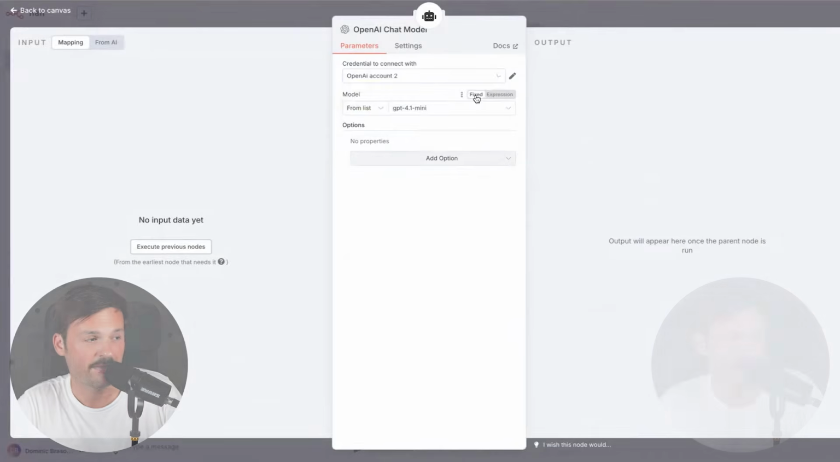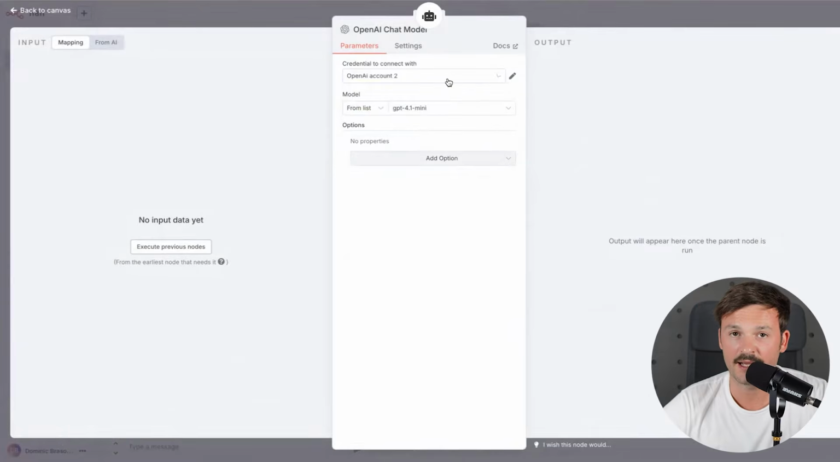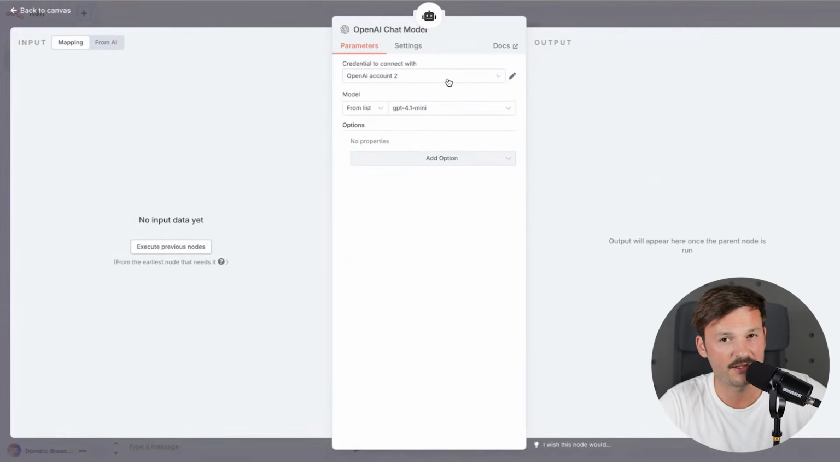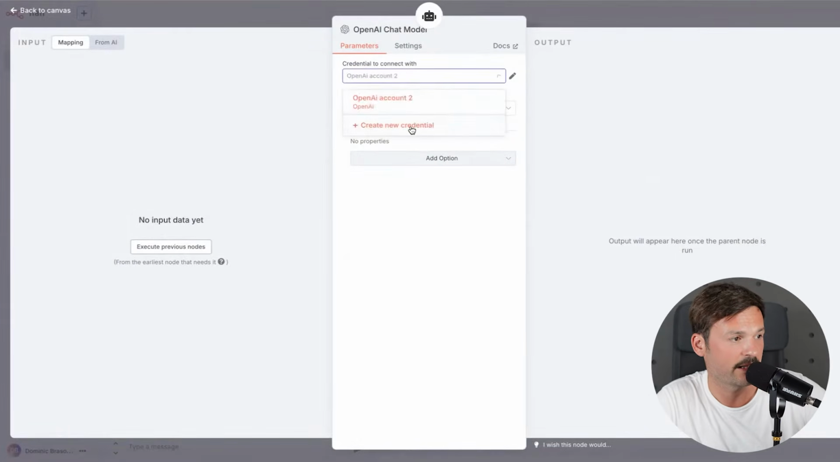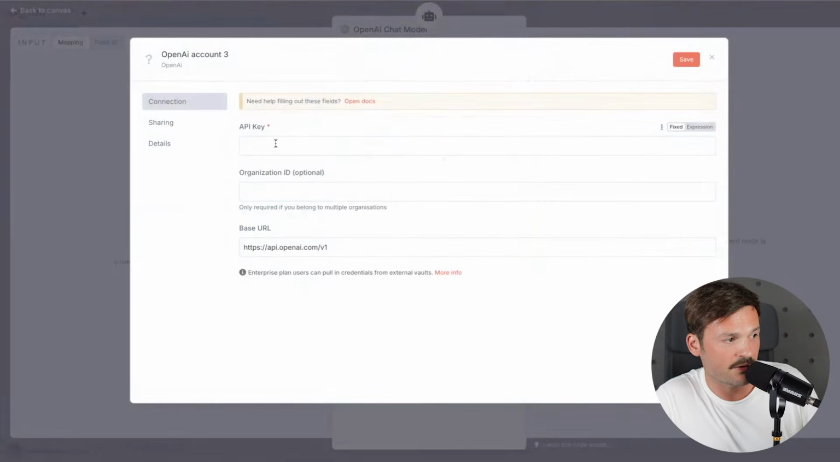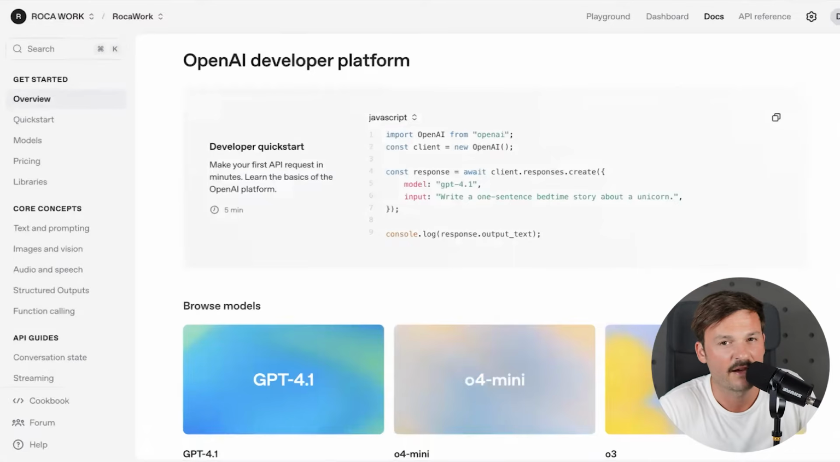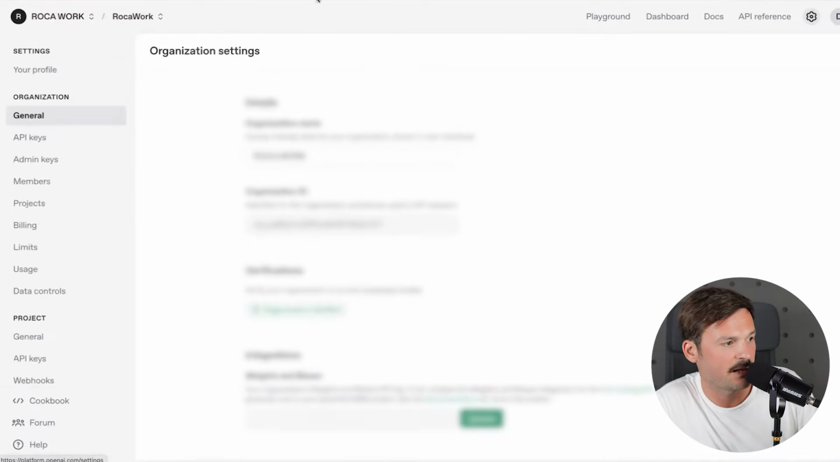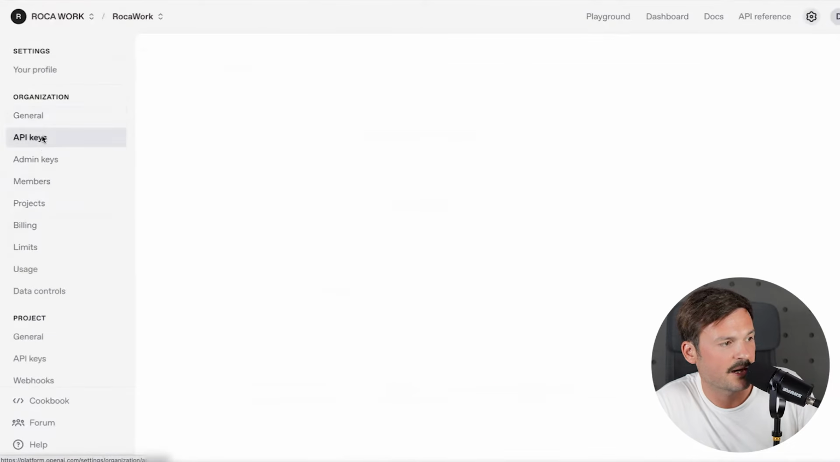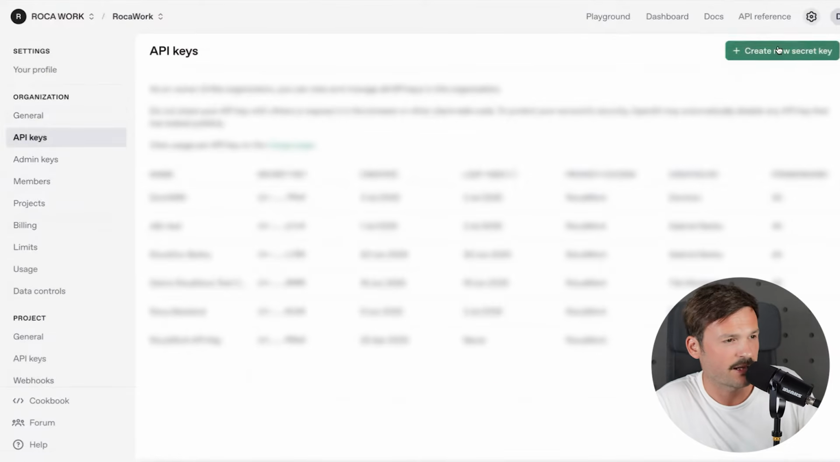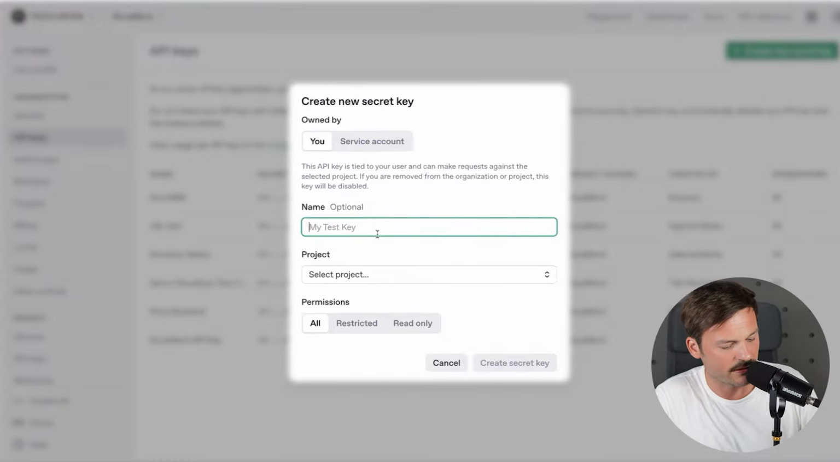Now in here, I have to connect my OpenAI account, but not my ChatGPT. I go here and click create new credentials. Where you see API key, I'm going to go really quickly to platform.openai. You have to create an account and put in $5 to $10. It's more than enough for your testing purposes. Then you go to the settings up top and go to API keys. Now I go to the top right and click create new secret key, and I call this key